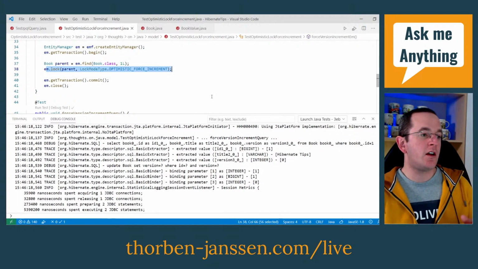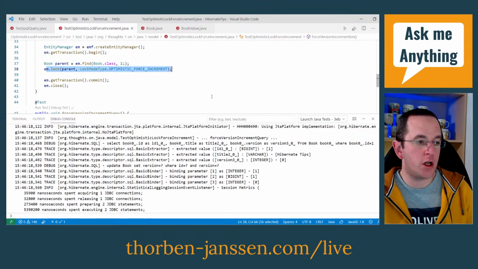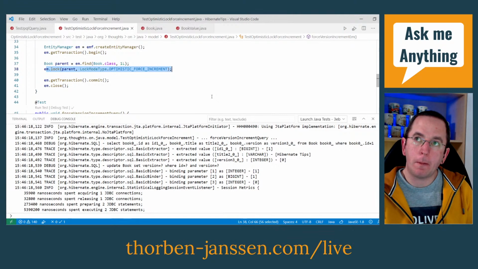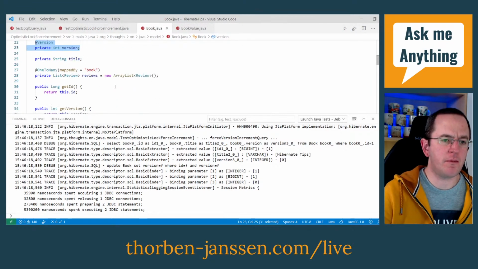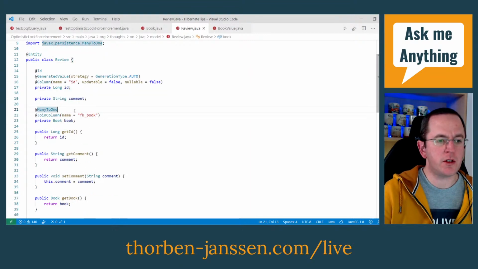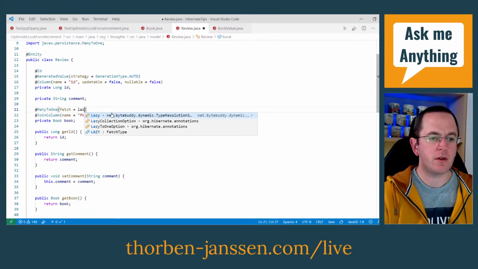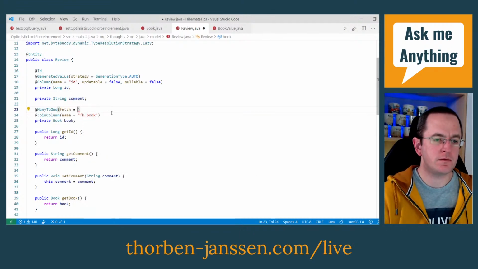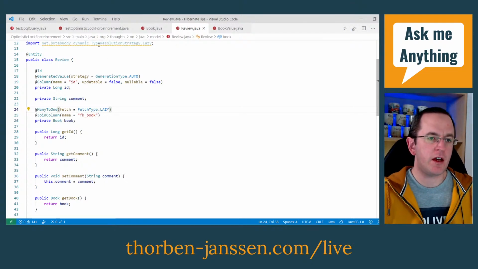Zahari asks, is there a way to get the ID of a lazy loaded child object without loading the entire object, perhaps through a getter on the parent object? That depends on the type of association that you have. Here, with the review, for example, if this one would be lazy,